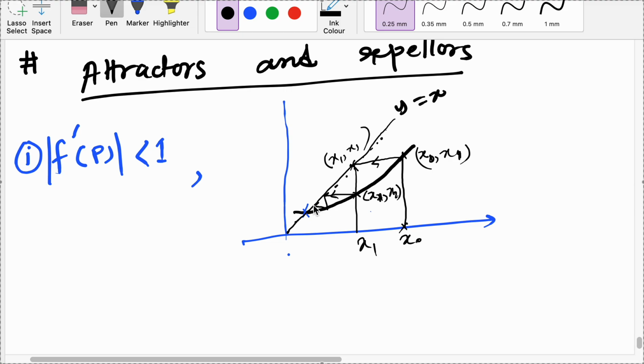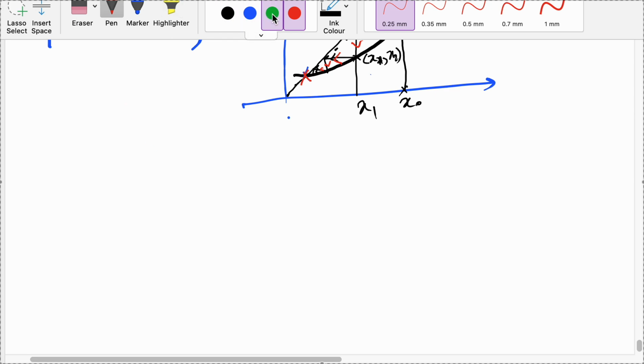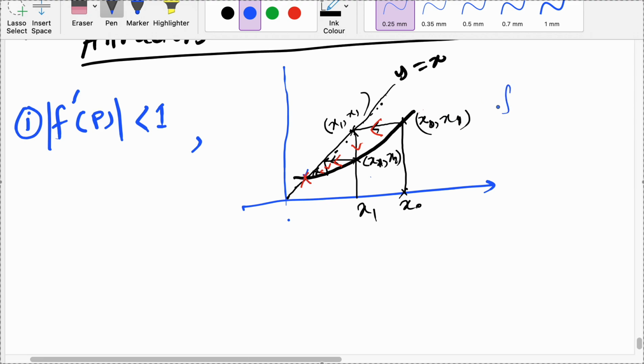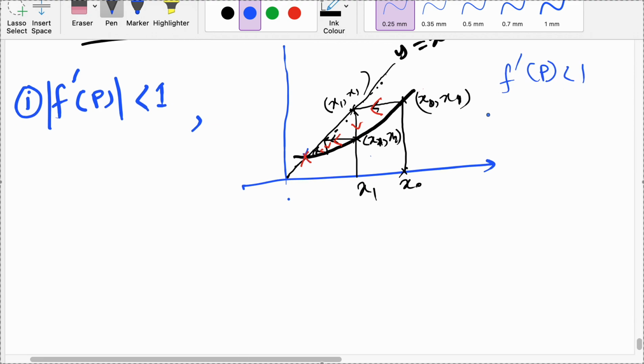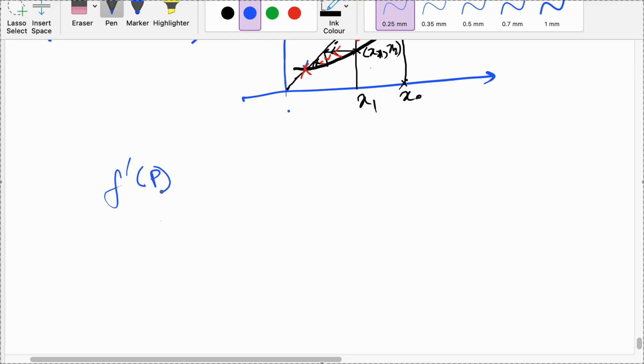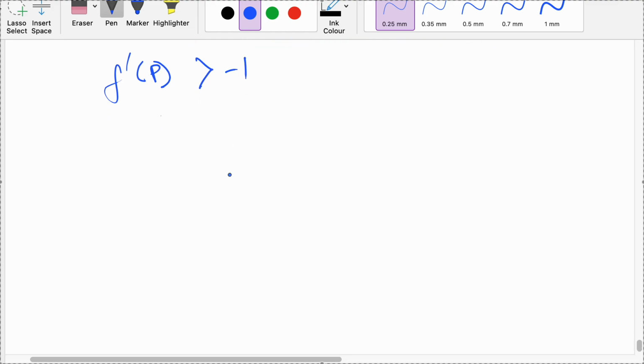Now you can see that it is closely approaching the fixed point. From here it goes here, then from here to here, then here. So it is continuing and this goes towards the fixed point. So this is the case if the magnitude of f prime p is less than 1. Another case, let me show this case. Now let's show f prime p greater than -1. So that will look like,